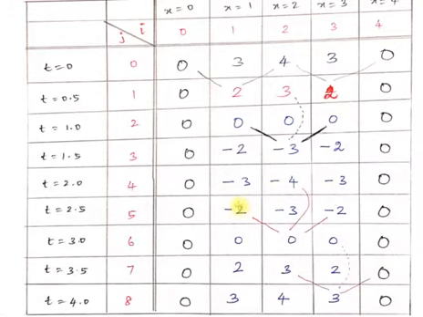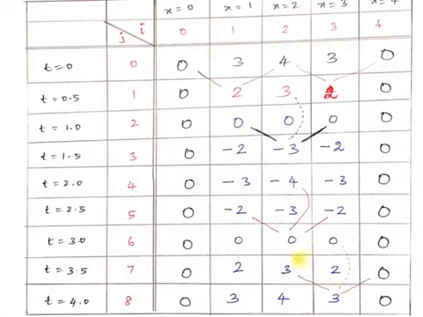Listen, this minus 2 is obtained by 0 plus minus 4. So add these two. So it is minus 4. Minus of minus is plus 2. Minus 4 plus 2 is minus 2. This 0 is obtained by minus 2 minus 2. So it is minus 4 minus minus 4. So minus of minus is plus. So minus 4 plus 4 will be 0.